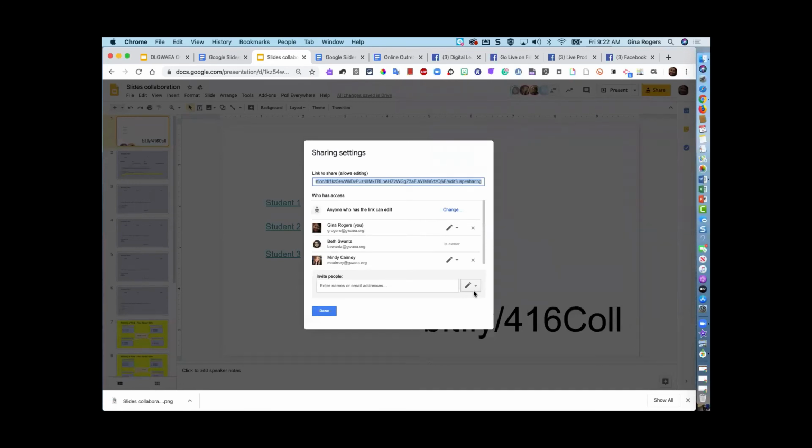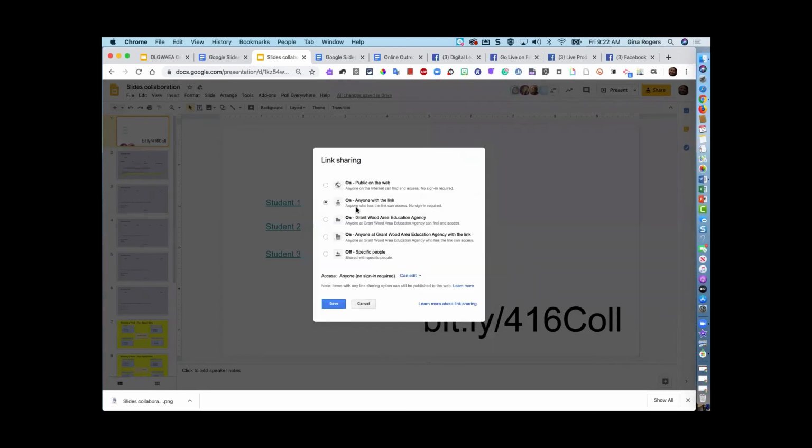Down where it says blue "change," you're going to click on it. Right now it's a little funky; it already says anyone with the link can edit. But we want anyone with the link, and then you have to do one more step. This one is already at Can Edit. Normally it's at Can View, so it's going to default there, but because we had to mess with this a little bit beforehand. Then you're going to hit save